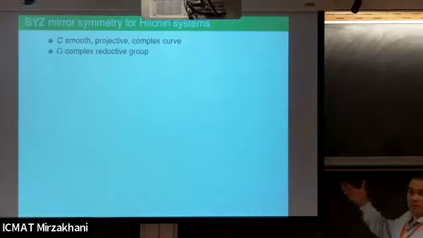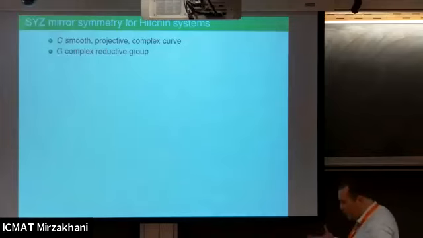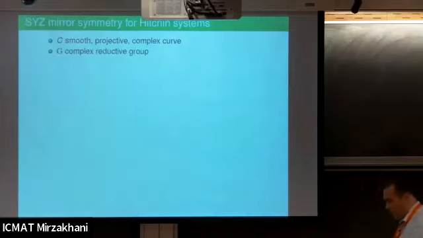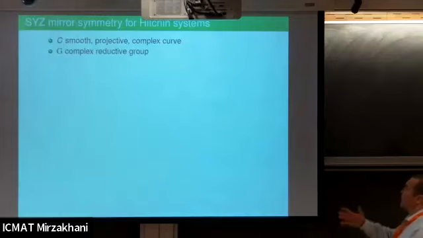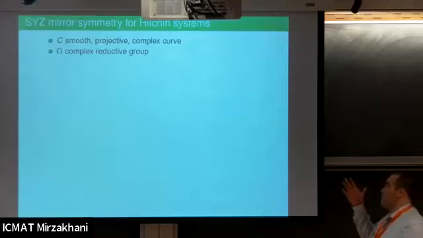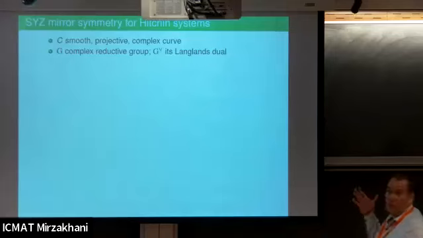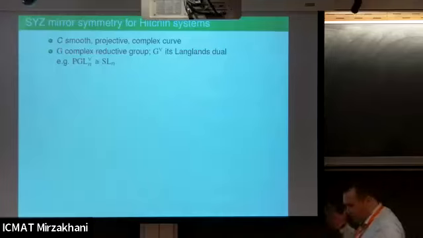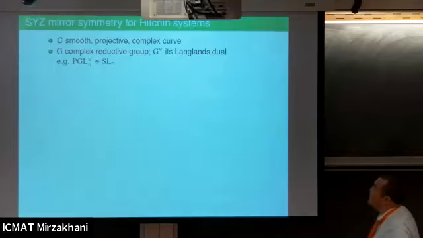It was very interesting that for the moduli space of Higgs bundles, the total space of the Hitchin system, mirror symmetry naturally arose from the Strominger-Yau-Zaslow proposal. So let me show you how this is happening. Again, it will be very sketchy. So we take a smooth projective complex curve. For this general discussion, I will take a complex reductive group, and then its dual group, which, when I talk concretely about things, will always be PGL_N and SL_N.